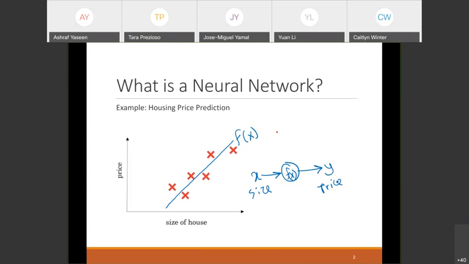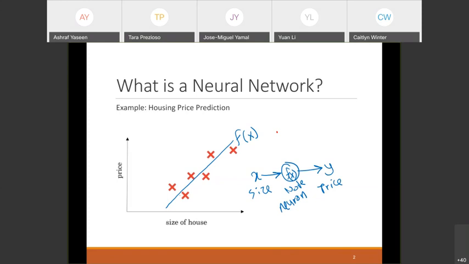The function here is the node, or sometimes we call it the neuron